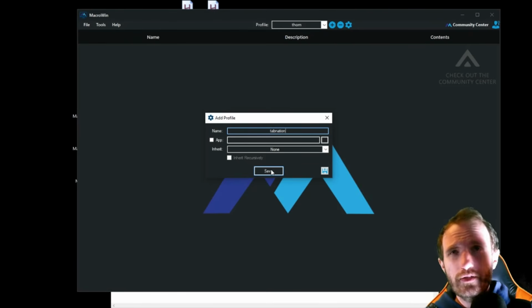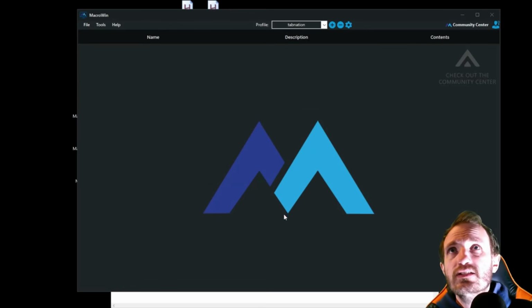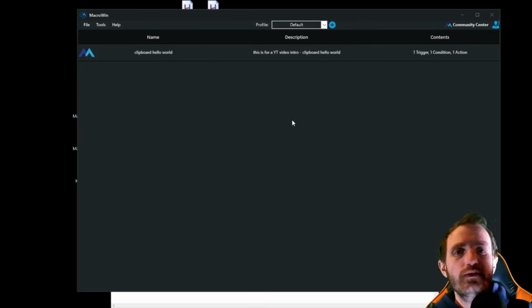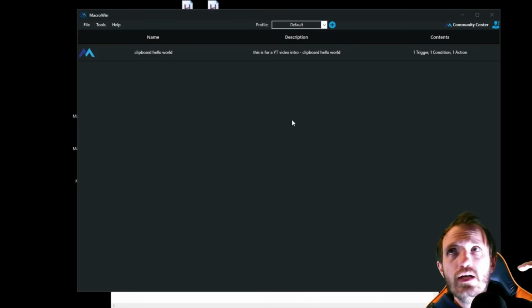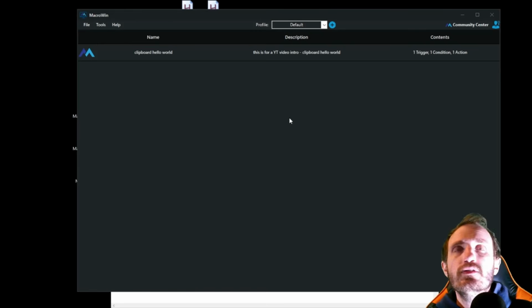OBS already has built-in hotkeys, but you know what I'm saying. But if I wanted to control different things that I'm doing, we can assign an app, all that kind of stuff. Save. So now, as you can see, I have my different profiles, so that way it only displays the hotkeys I want to use at that moment. So it's a great way to organize, or maybe multiple people are using your computer, same desktop. You can have one for each user, that kind of thing.